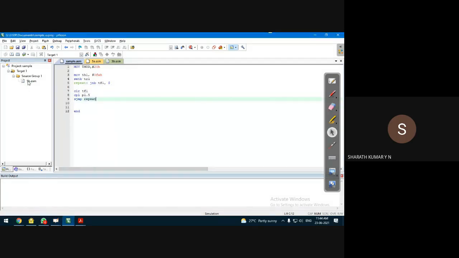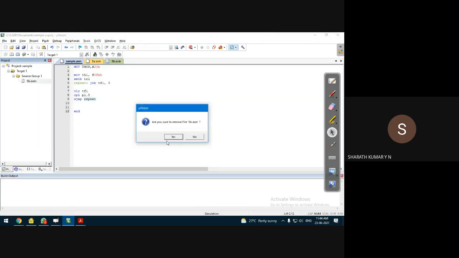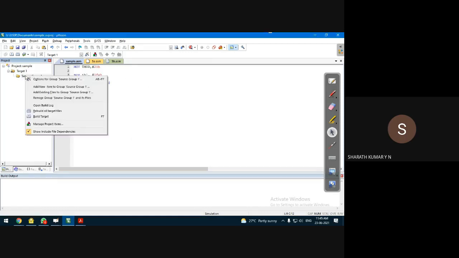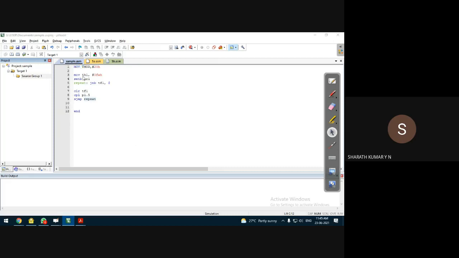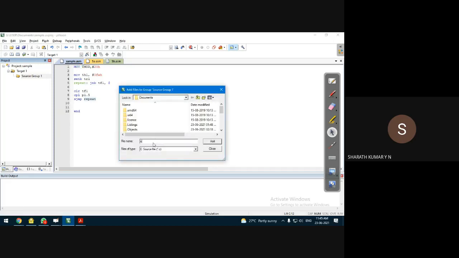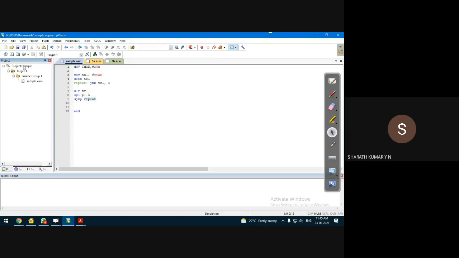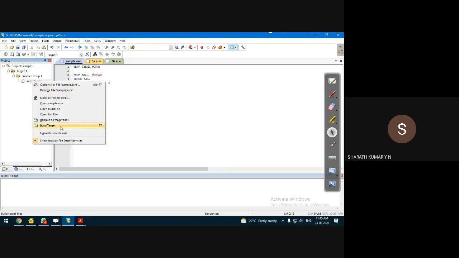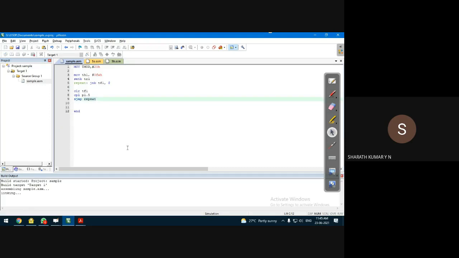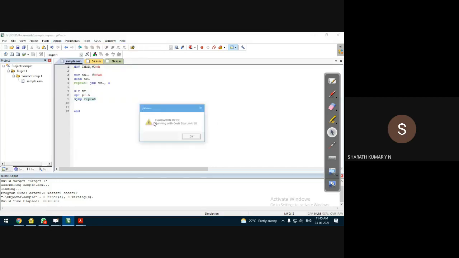Save the file. Check. Yesterday I was checking with the 5B, I'll remove this file. Let us add an existing file. The program is sample.asm; type it and it will appear if it is in the same folder. Add to the project window. Save the program. Check for syntax errors. If everything is okay, errors are 0. Debug, start session.